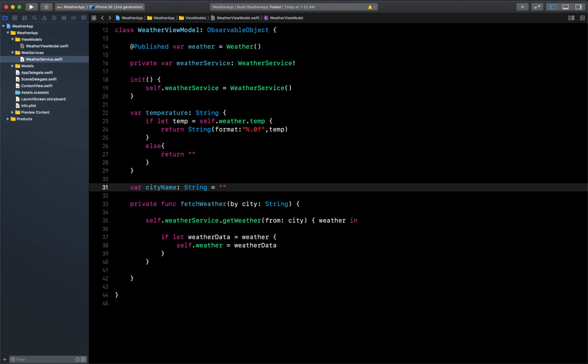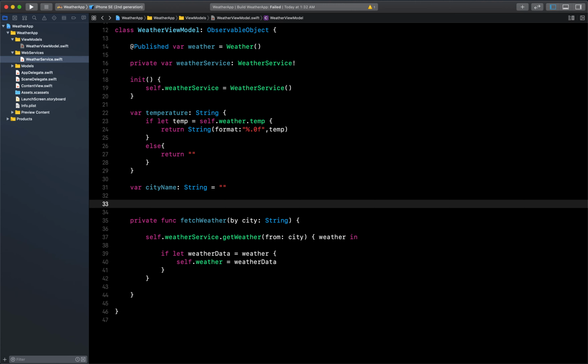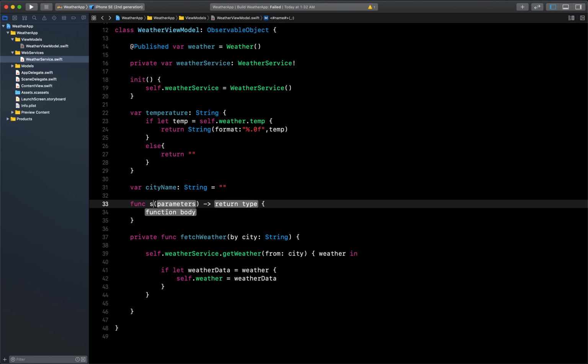Okay, so now we have the city name. Finally, since we have created this private function, we don't need to give this access to content view. So we will create our final function, which will be the search function, which will use this city name to search, and from that we'll just be calling this function. So let's create that. Function, let's call it search,